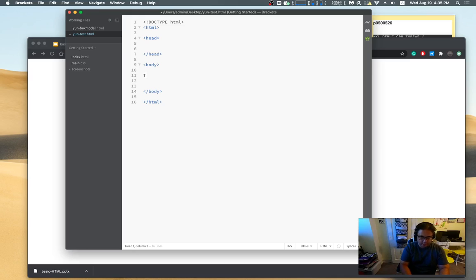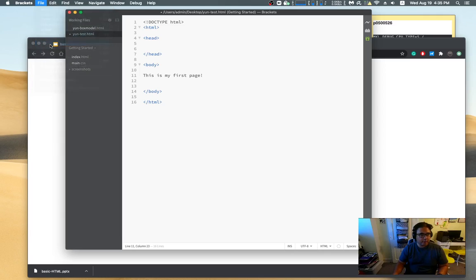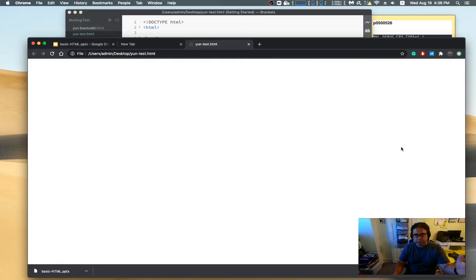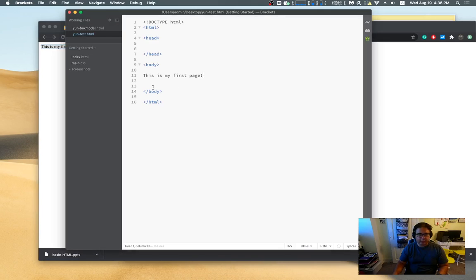Okay, so I'm going to say this. Oops, I spelled this wrong. This is my first page. Okay, and let's test this. I go File and Save. Now it's open over here on my browser, so all I have to do at this point is refresh it. And you can see here, there's my text. This is my first page. It's right there. So that means that if I keep typing in here